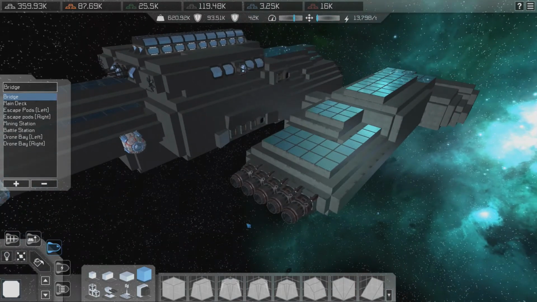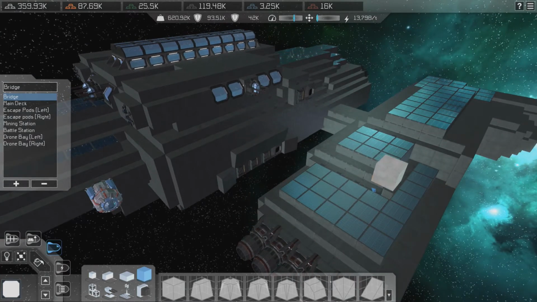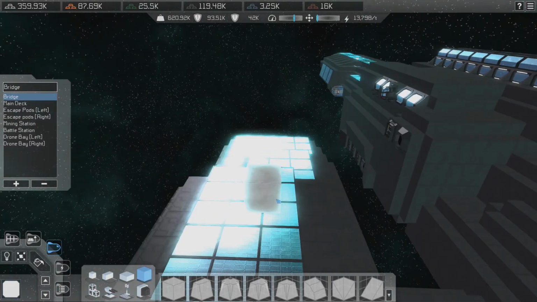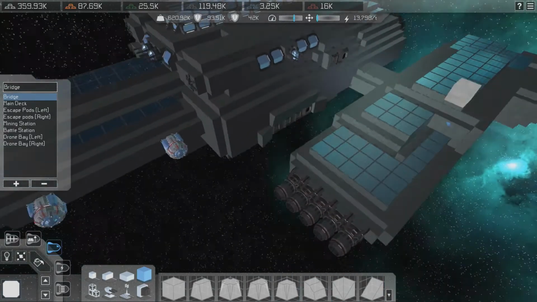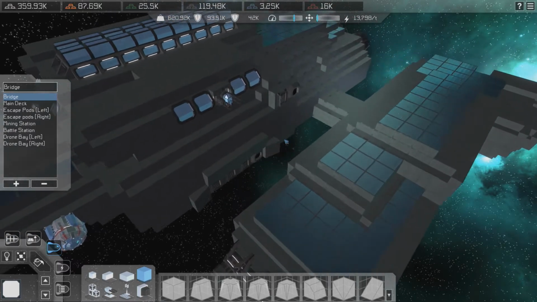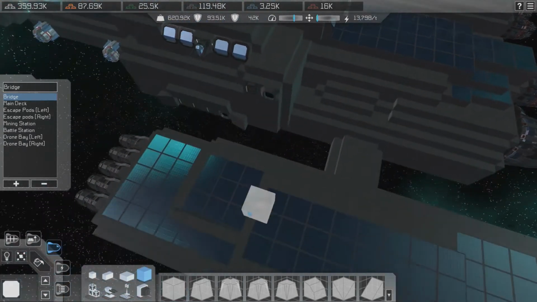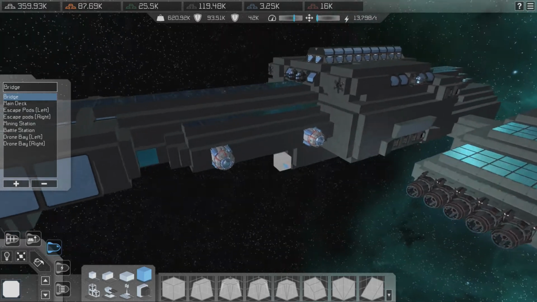I do have an idea, something I want to add later on the ship. It's like arms that are going to stick out from somewhere on this part of the ship, and it's going to come and join up with this side of the ship, and it's going to come at an angle. Like it's going to go forward first, then come up at an angle, and then join up with the side of the ship there. It's just going to look like this part here is more supported and not just supported by this here. So you can change the shape completely on the ship, and I'm just gonna prove it